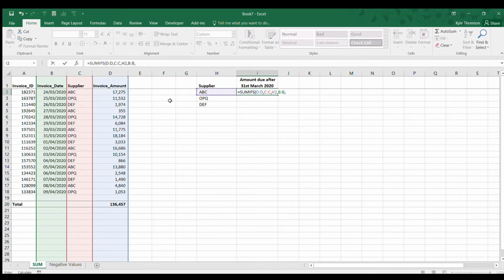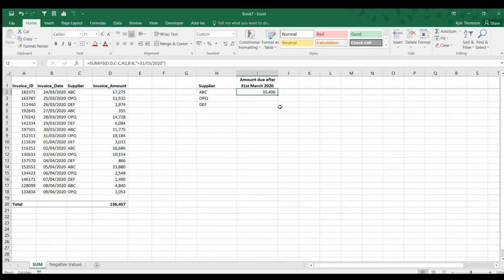Now, in order to do that, we do have to put it in quotation marks or inverted commas. So we'll say greater than the 31st of the 3rd, 2020. Close your quotation marks, close your brackets,